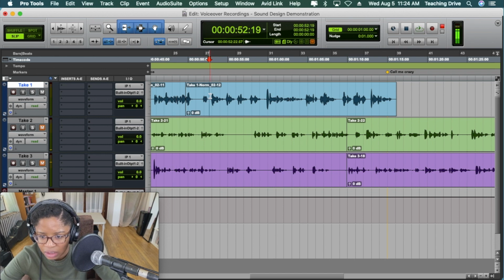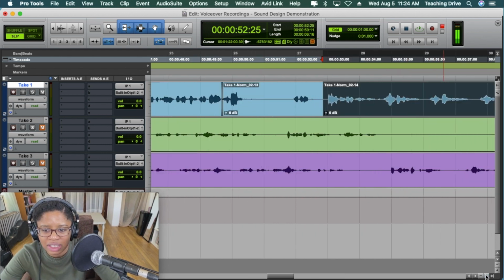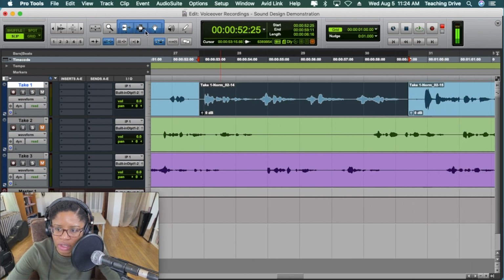Right? And then this one, for instance, I think could be a little bit faster, have a little bit more urgency. So in this case, since this is a whole phrase that I feel like could use a little bit more drive to it, I'm going to separate the clip from the rest. So Command E or Control E. And then I'm going to use that time compression and expansion feature I introduced earlier in the semester.